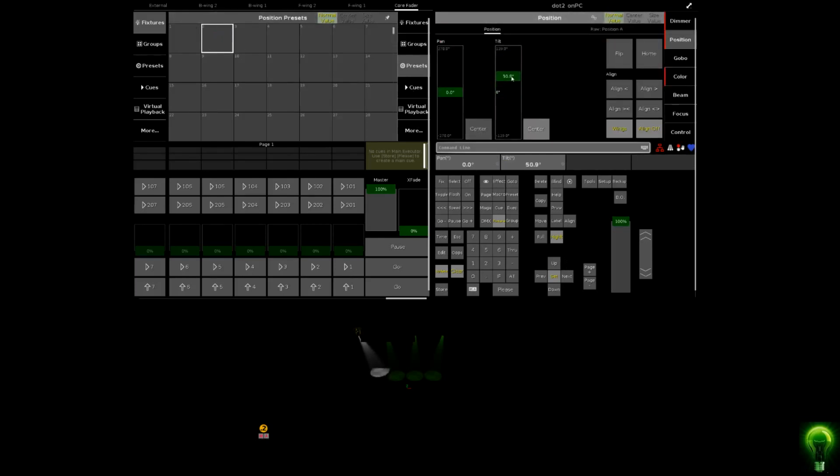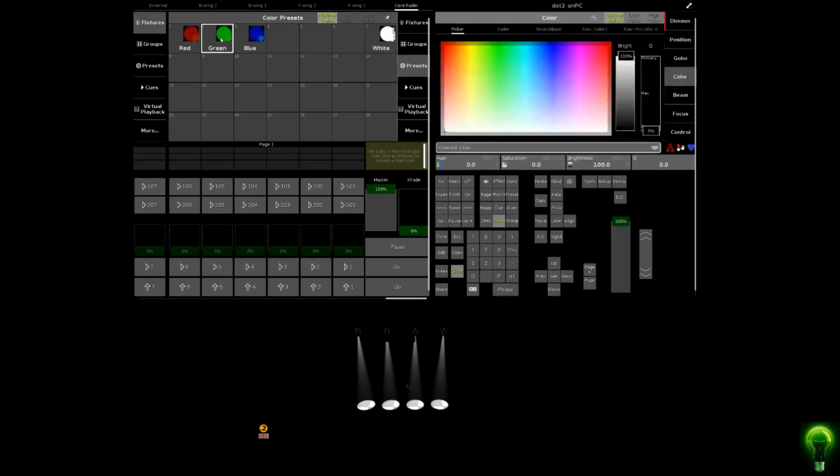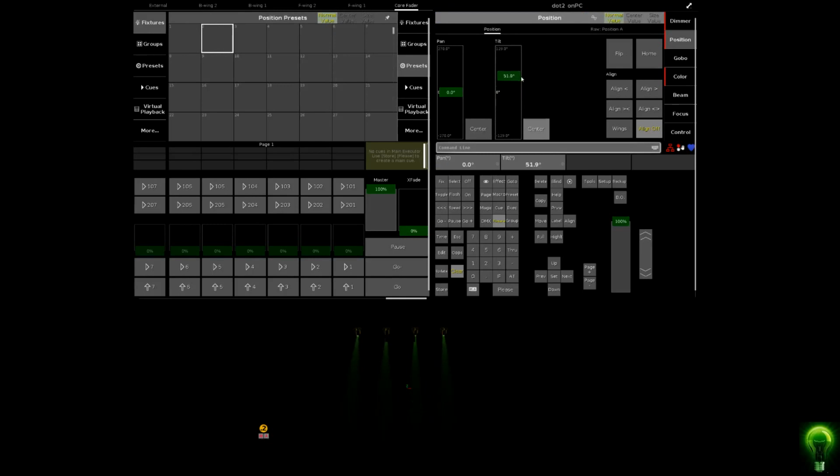And we can manipulate them manually like this and position them all in the center, which is incredibly boring, but the way that you have to do it. You can also use an align, so if we clear that for a sec and we go with our 250s, they're in highlight, I'll take them out of highlight, put them in a color, green, then we go back to position, we tilt them,